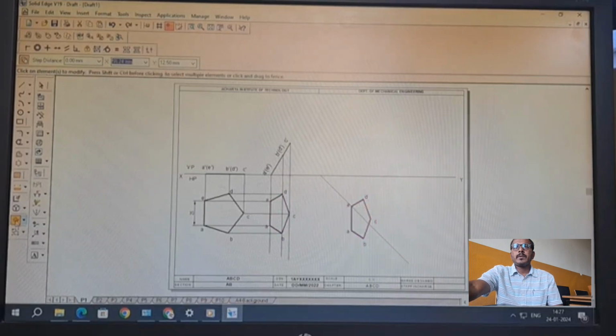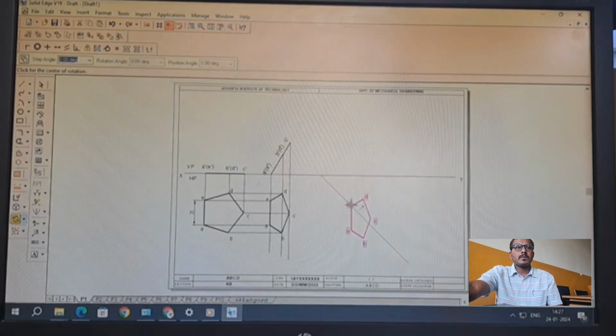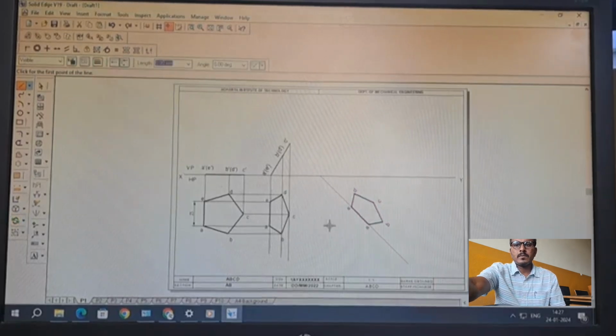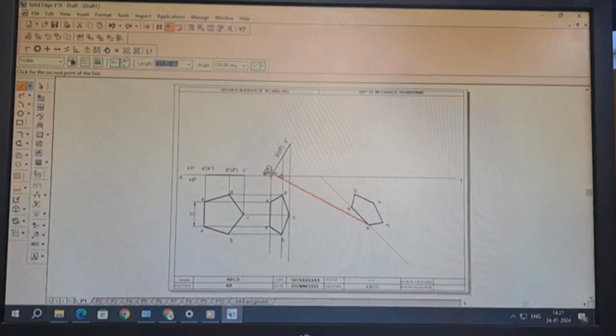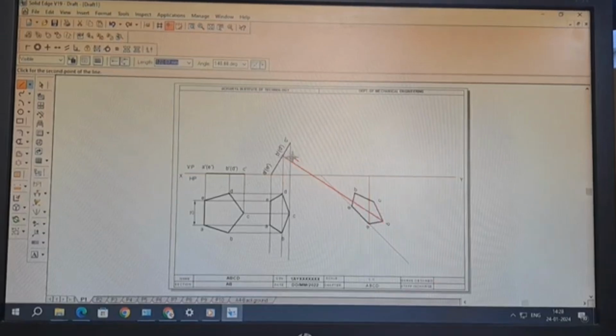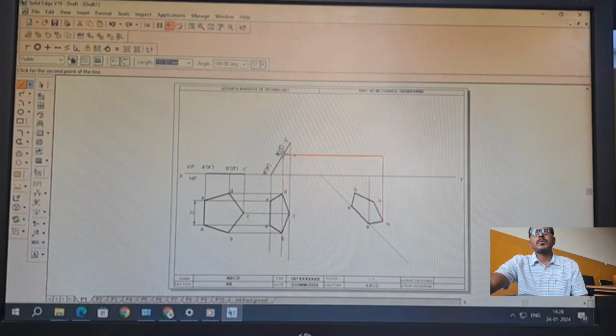Then use the rotate command. Select the end point where you placed the pentagon, and when it shows the red line, only then click. Then go to the projection line 0.13 and start from A. With A here, we have to compare here. This is on the XY line. With B, show the cursor. It will show the hidden line, where it should be a straight line, and connect here.